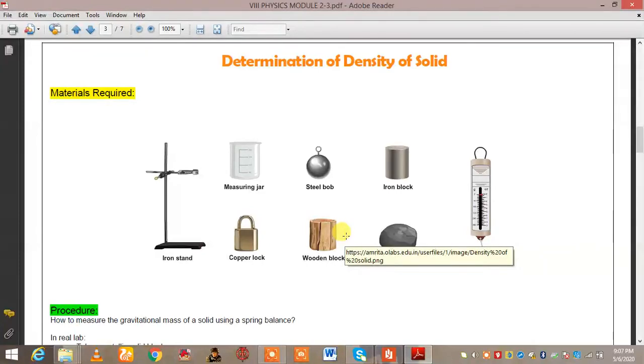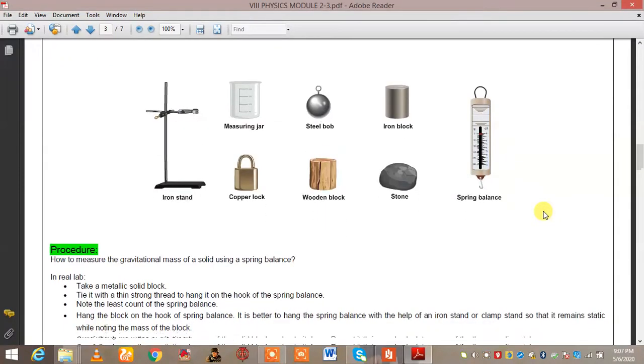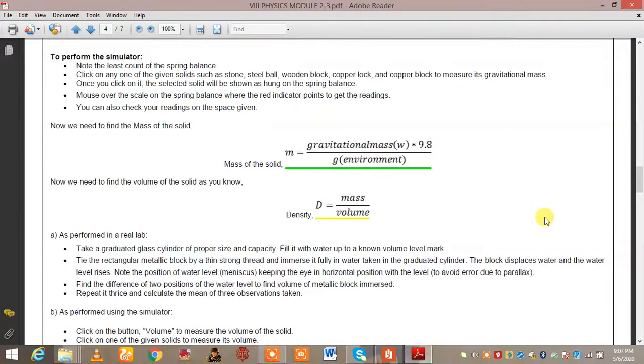Let's discuss determination of density of a solid. So suppose these are the solids. This is a measuring jar which I was discussing, a measuring vessel for the volume of liquid. So suppose these are the solids whose mass needs to be taken through a spring balance. So first we will take the mass of all these solids through this spring balance, and we will note down their masses. Now next is